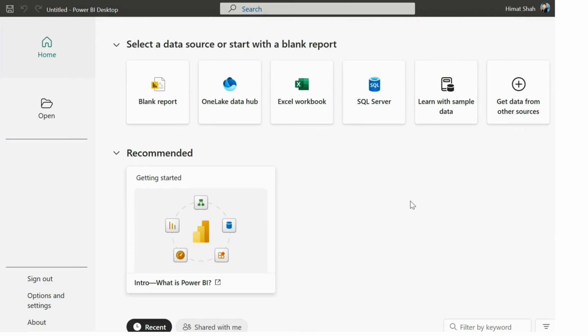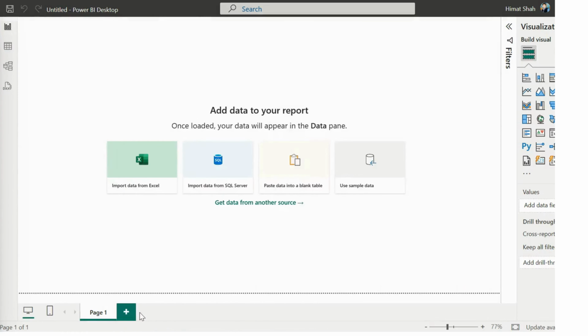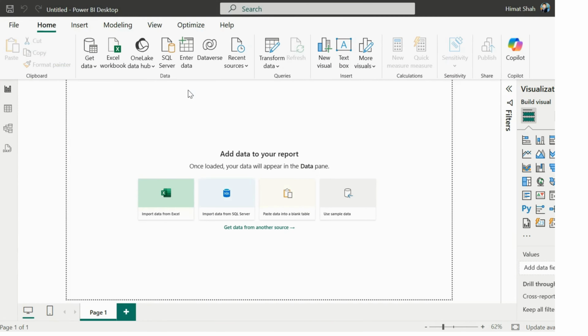Now the second way, so we are on Power BI desktop. So let's open the PBIX file with the second way. So you can click on open, and then from here you can see browse this device, recent and OneDrive. So you can also browse this file and the location. So we have this Power BI